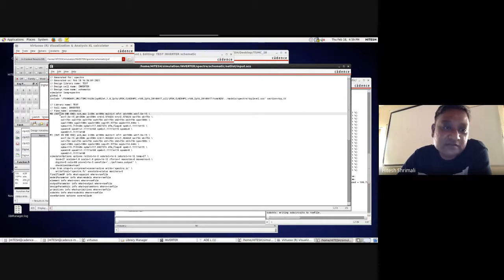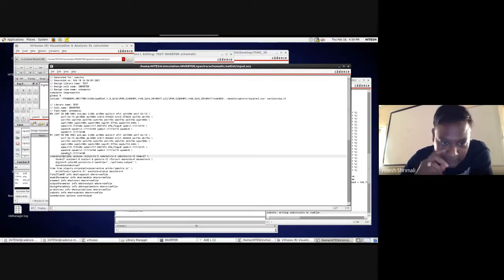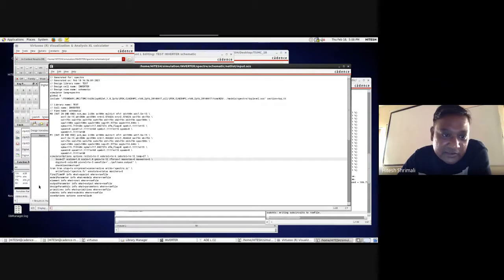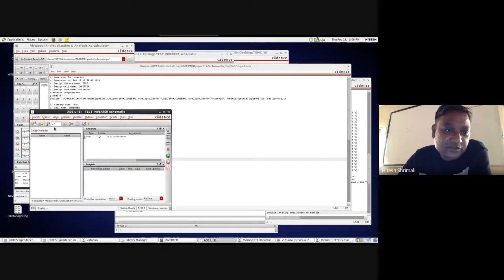All these terminals are written in brackets, and all other model parameters are written here. Similarly for M1, and then all these options are written here, which are the accuracy options, how accurate you want the simulation to be. And as this is the typical corner, the nominal temperature is 27 degrees. You can change that from here also. Instead of 27, if you want to make it 125 or minus 40, whatever, you can do it from here also.